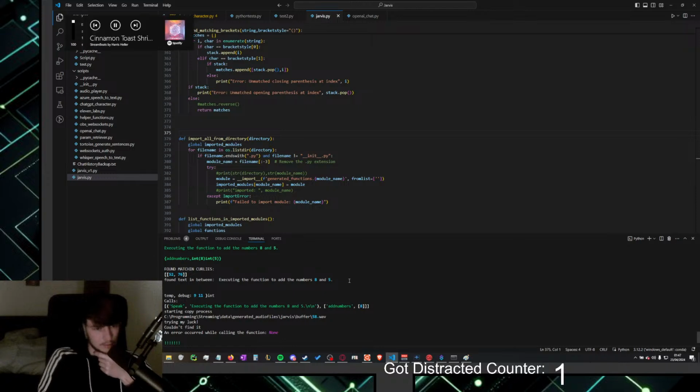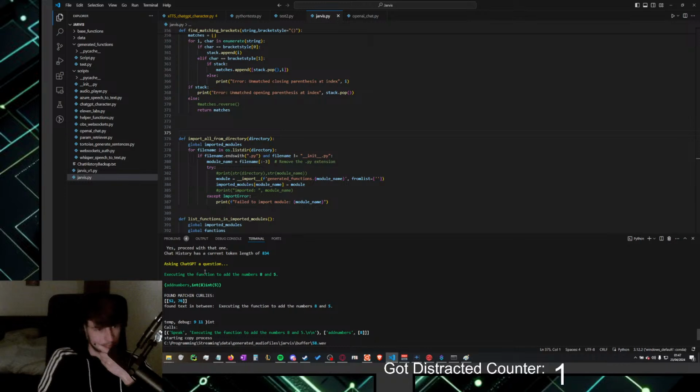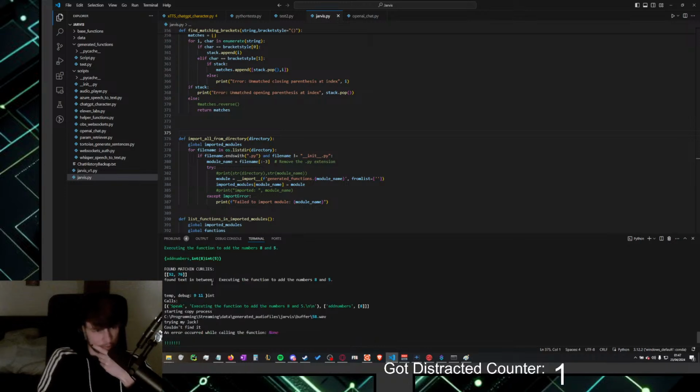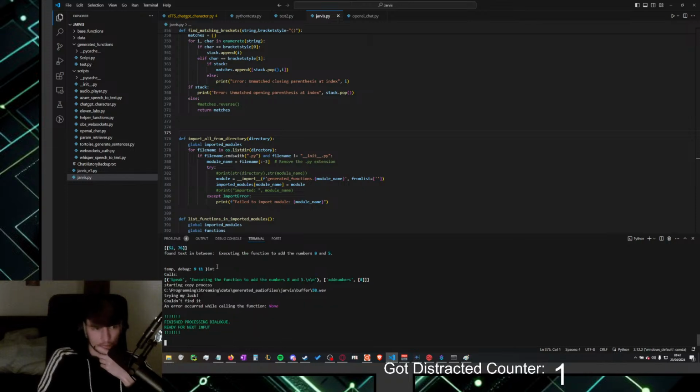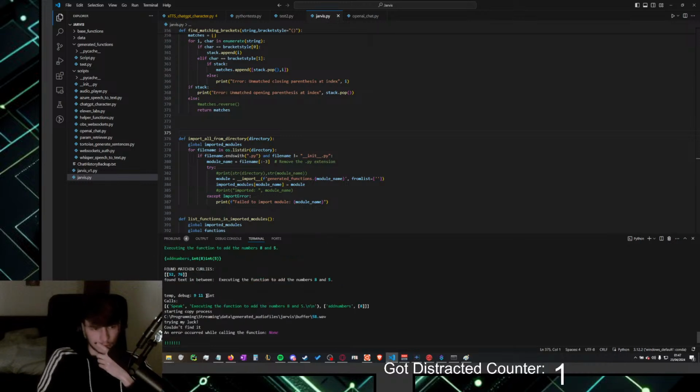Why did it call it with only 8? What happened there? It did it correctly, but my code sucks in this case. Debug 9. Okay.